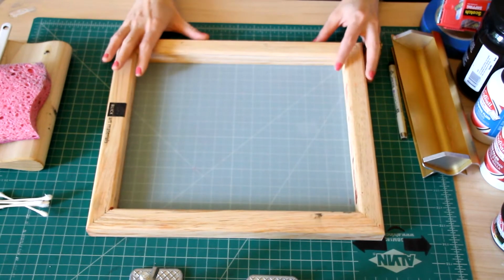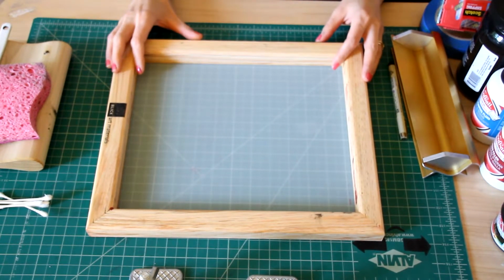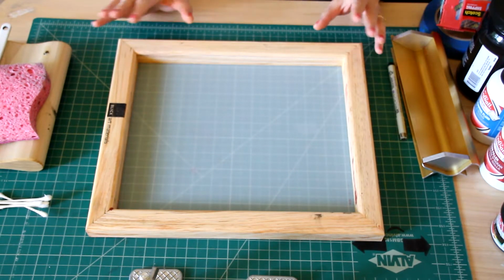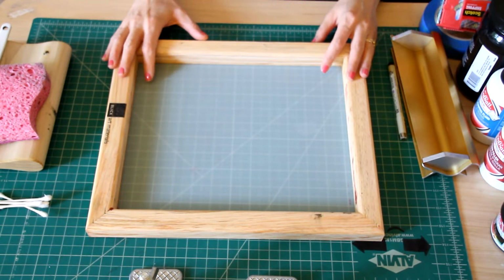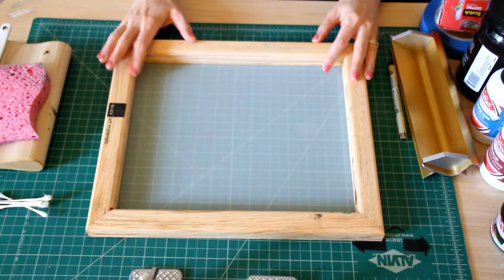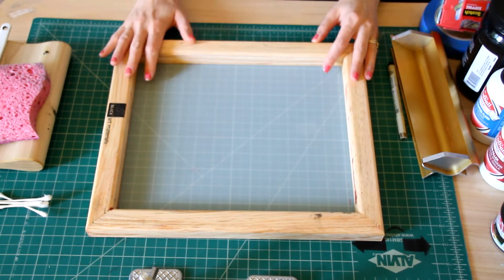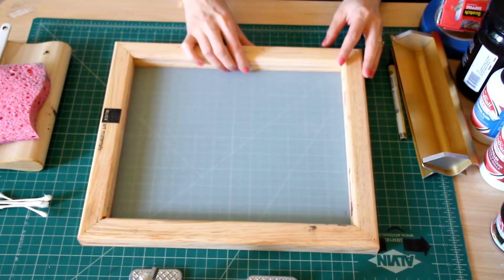Hi everyone, my name is Sanaz Haghani and I want to show you how to do screen printing with screen filler and drawing fluid method. This is a really great method if you are trying to do screen printing at home without a darkroom and exposure unit. At first, I want to talk about the